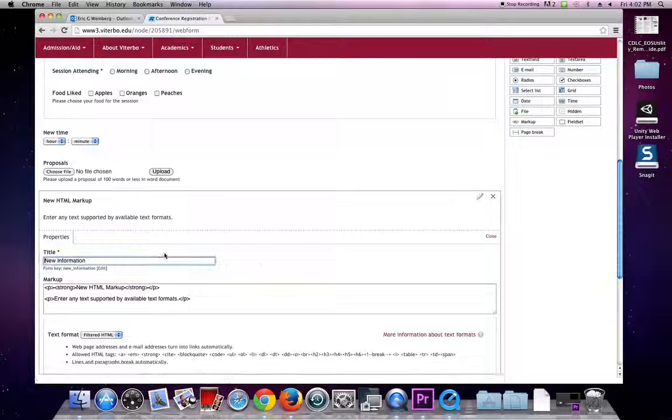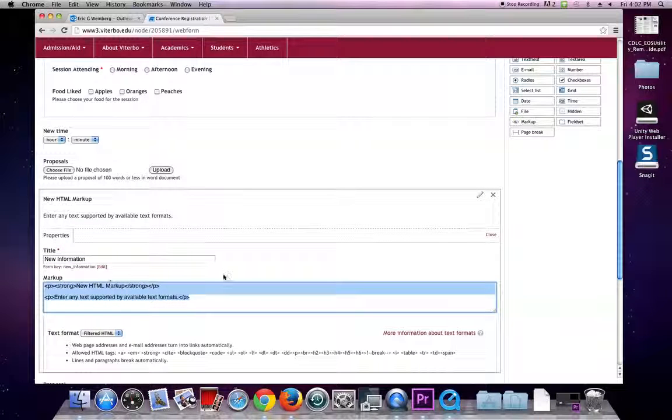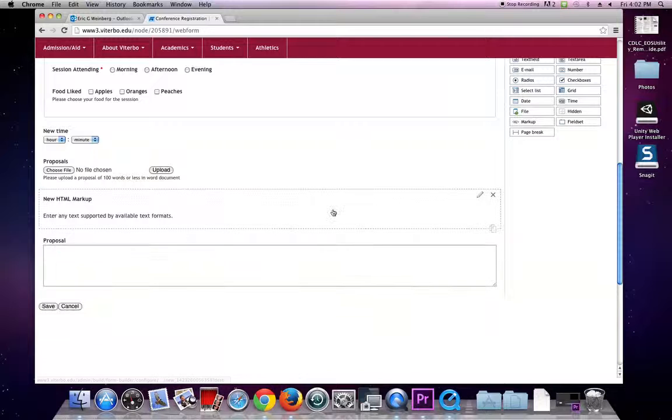If you know HTML, this is what it's taking. You can use an online HTML editor such as the Best Online WYSIWYG to create this if you're familiar with it. If you're not and want to do more, you can contact me. But for the basics, you just type text into here, and that will add more information between sections of the